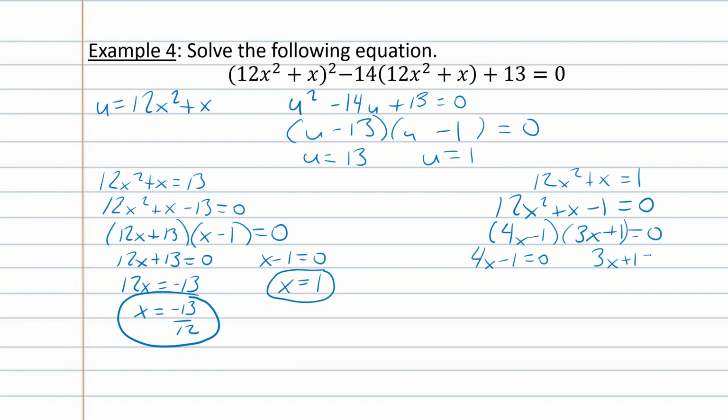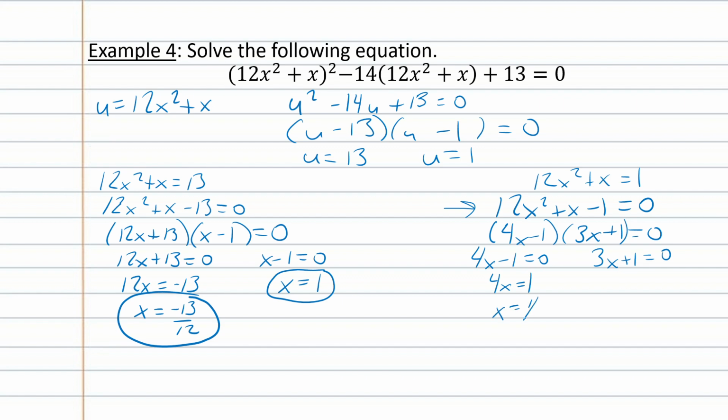That way we can solve. Also keep in mind, if factoring is just not your thing, the quadratic equation works every time. So I can go directly from here and plug 12, 1, and -1 into the quadratic equation for my a, b, and my c, and I will get the same answers as I'm about to get from what I just did by factoring. Now, for the 4x minus 1 equals 0, it's going to simplify down to 4x equals 1,